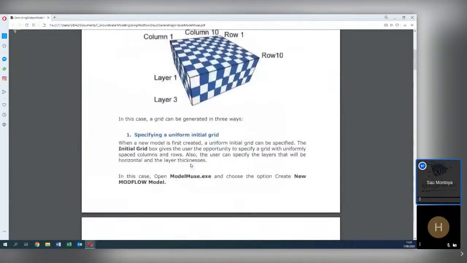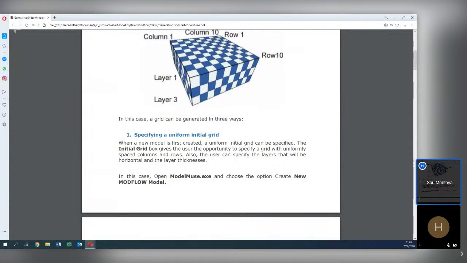So when a new model is created, we need to define an initial grid. An initial grid box gives the opportunity to specify a grid that depends on rows and columns. That's not entirely true.